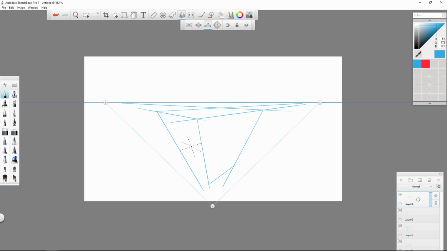Okay, look how distorted this is. This is great. You can get some really distorted stuff, and that's because our third point is there rather than well off the page. So we've got this kind of thing. Now what we can do as well with the third point is we can put it